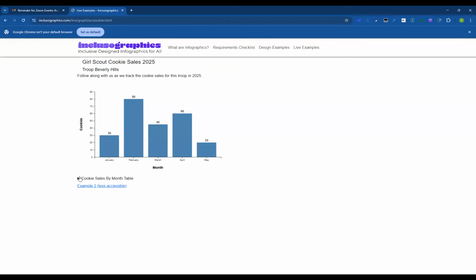Yeah, and maybe, I don't know. Again, this is not my forte. I'm not as sure. I don't think your question is wrong. A table alternative is perfectly acceptable and even recommended for complex charts.